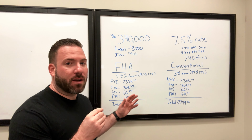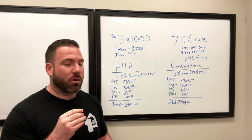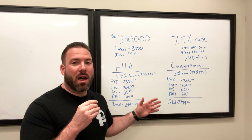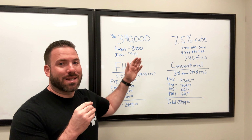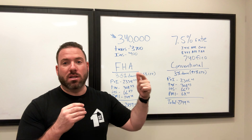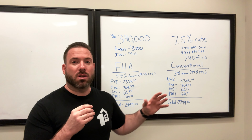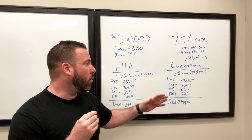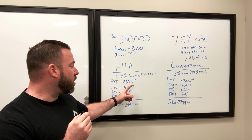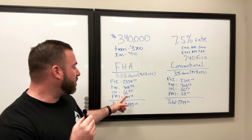Now, the big difference between FHA and conventional you're going to see is the mortgage insurance. At conventional, you're at $68.71 per month, as opposed to FHA, you're at $149. Now, the attractive thing about FHA is regardless if you're a 580 credit score or a 780 credit score, you're going to have the same PMI. Whereas conventional is going to fluctuate based on your down payment as well as your credit score. So depending on where you fall in that spectrum for credit scores will determine ultimately what program you end up going with. But here on FHA, we've got 3.5% down, right? With your principal and interest at $2,334 plus your standard taxes of $3,700 and insurance of $900 per year, which breaks down to here respectively, you're at